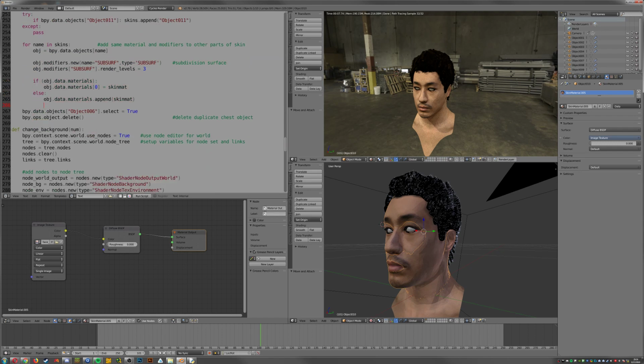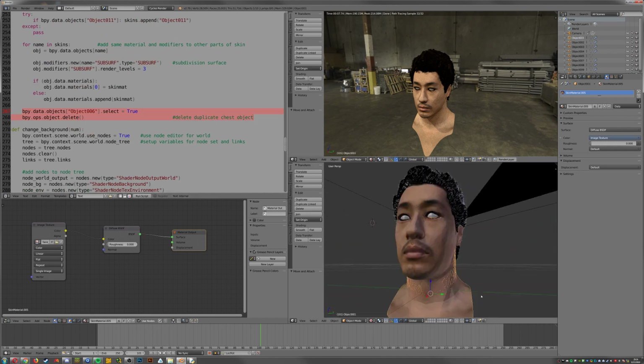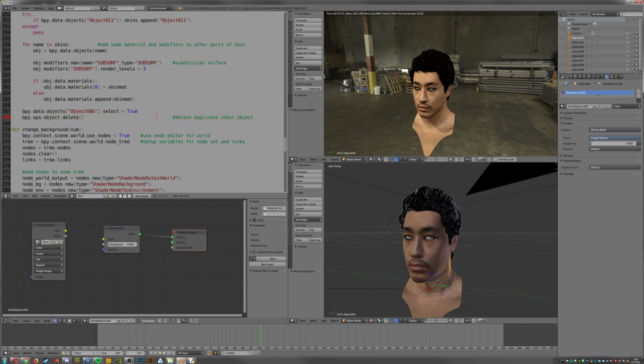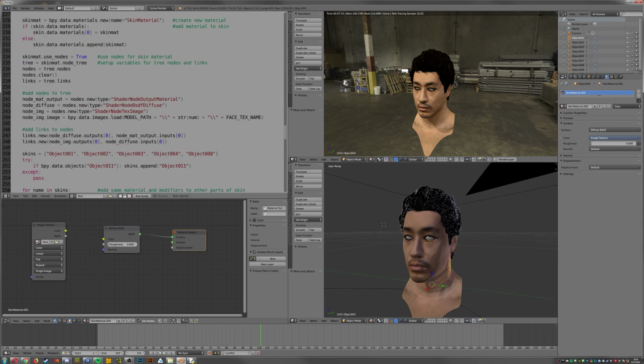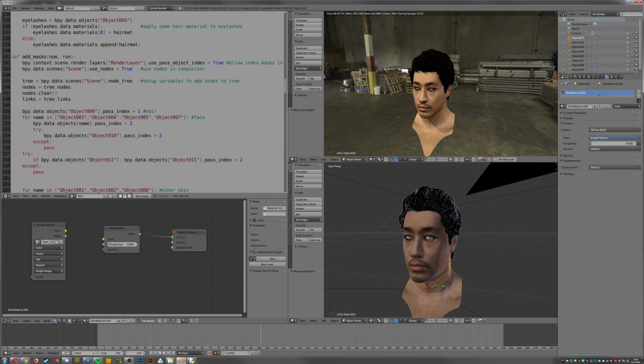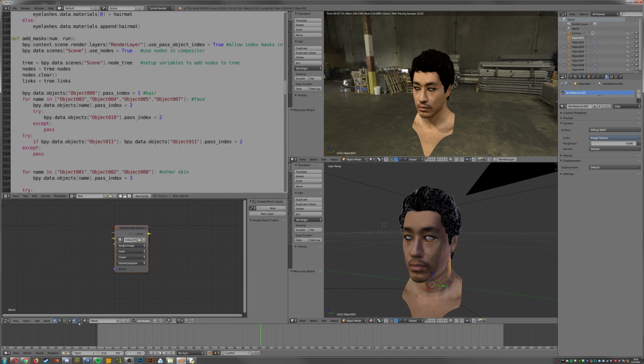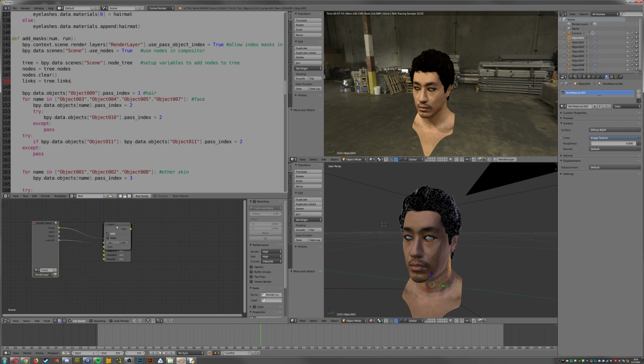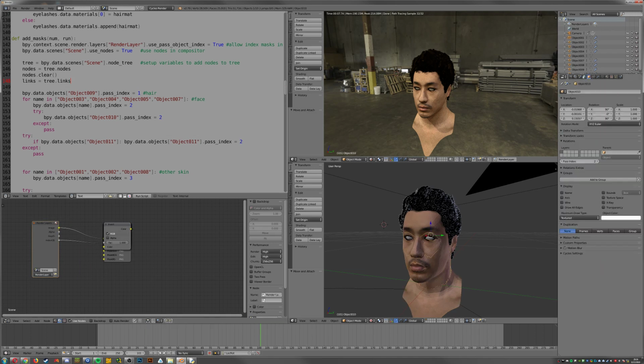At the beginning, there's also another object on the chest about the same position of this one, and deleting it has no effect on the final result, so I delete it with every iteration of this. In the add masks, there's the compositor, which is part of the Blender render layers, and it adds a pass index to each of the object in the scene, so that the renderer, every time it renders something, then it'll also